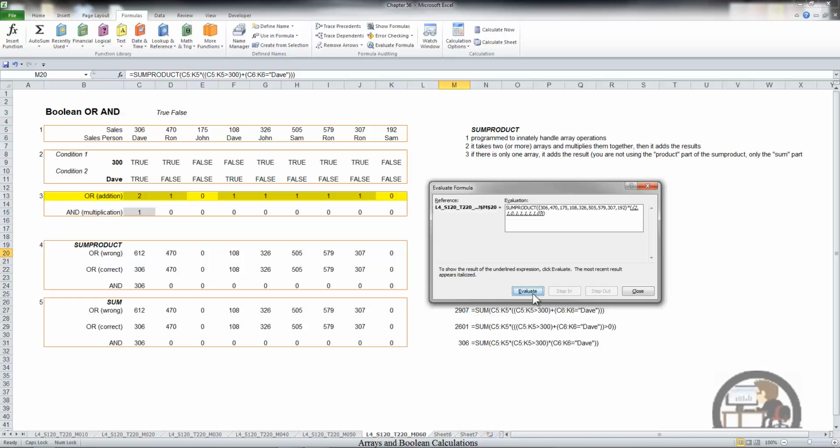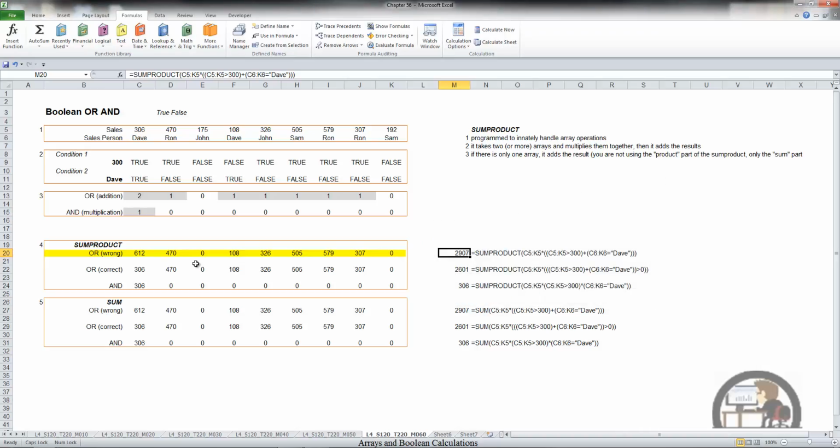True plus true equals 2, and so on. So now we're going to multiply that array that we've generated by the array for the sales. Clicking Evaluate twice more, we've generated an array that equals the first array in the SUMPRODUCT block here, block number 4, which is wrong. And evaluating one more time, 2907, it's wrong because in the first array, the